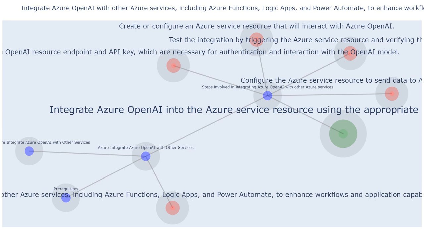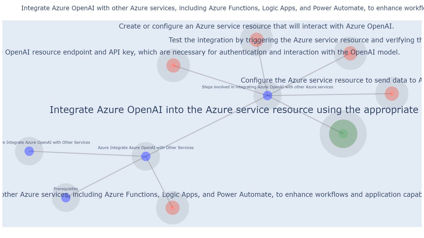Next, Azure OpenAI must be integrated into the Azure Service Resource. This involves using the appropriate methods for interaction, such as HTTP requests or the Azure SDK. HTTP requests allow for sending data to the Azure OpenAI model and retrieving responses. The Azure SDK, on the other hand, provides a more structured and convenient way to interact with Azure OpenAI services